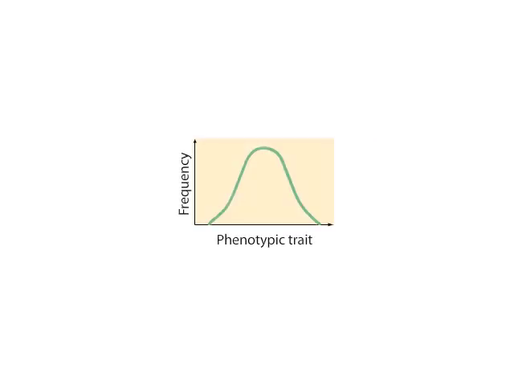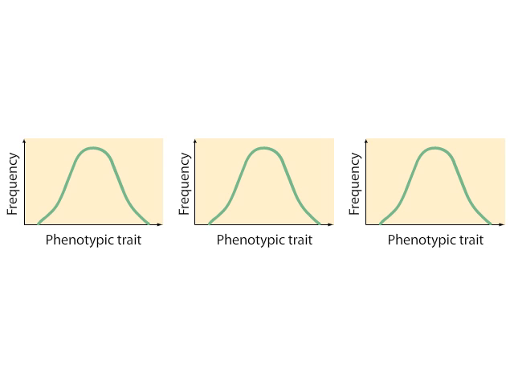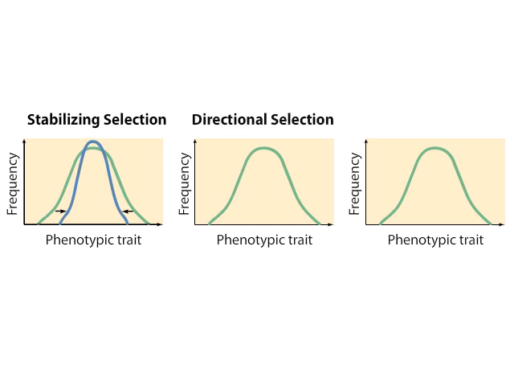Natural selection can act on characters with quantitative variation in any one of several different ways, producing quite different results. Stabilizing selection preserves the average characteristics of a population by favoring average individuals. Directional selection changes the characteristics of a population by favoring individuals that vary in one direction from the mean of